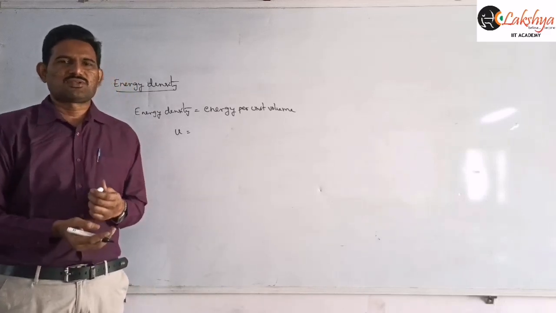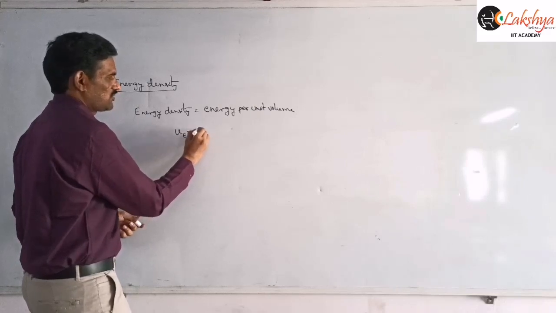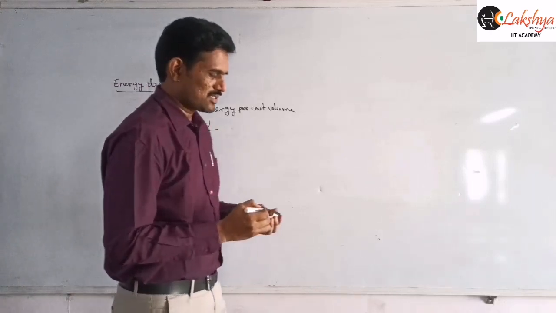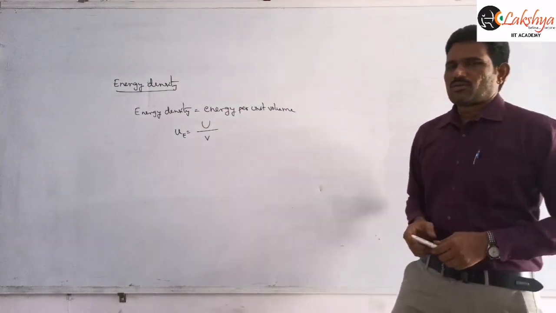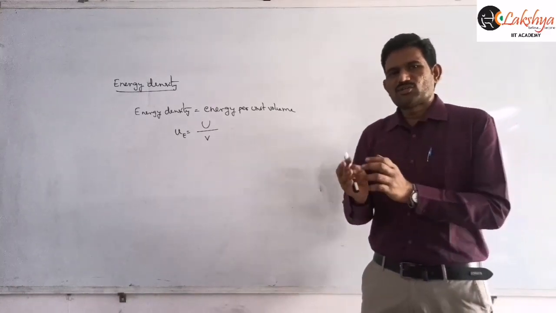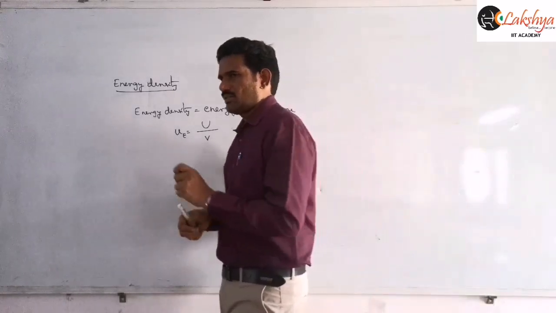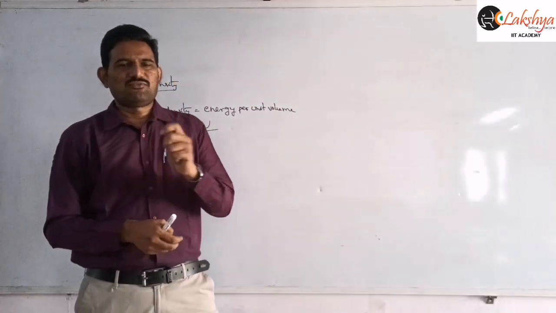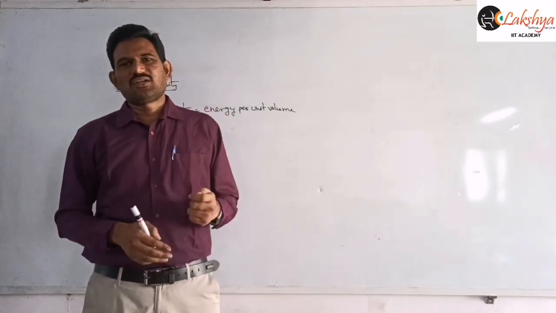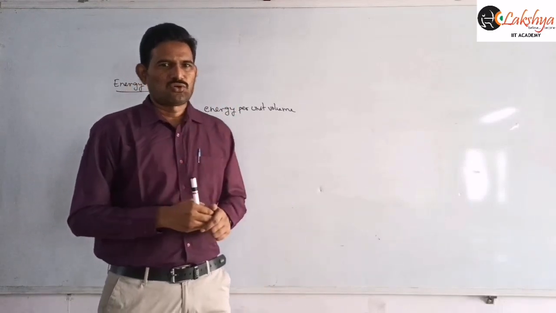So here, electrostatic energy density UE is equal to the total energy per unit volume we need to write here. That is the meaning of this energy density. Got it? So energy density we will define whenever there is energy distributed in the space. Whenever a charge is present, some field will be produced around this charge, that we are calling electrostatic field. So whenever such a field is there, some energy will be associated with it, and that energy we are defining in terms of energy density here.